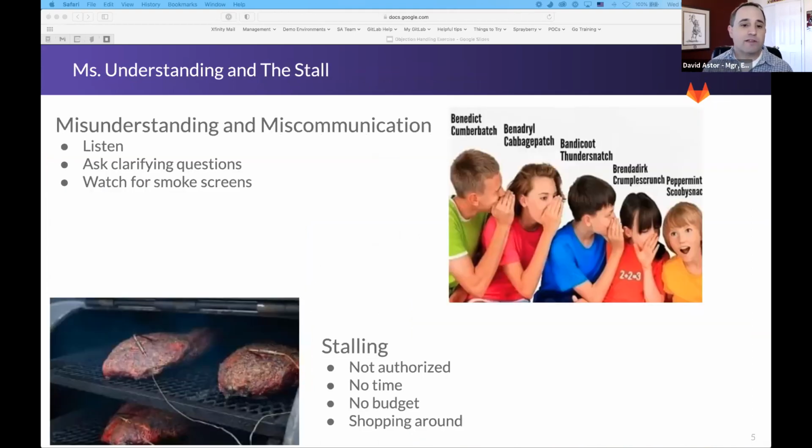So the other two reasons for objections deserve a little love here as well. Misunderstandings are going to happen. We're trying to build a relationship with the customer, and things may get miscommunicated. It's not so unlike the game of telephone, as you see here, that we played as kids. If someone says one thing and it's repeated as something different, it's understood by somebody a different way. This is going to happen on both sides, right? They may say something we don't quite understand, and we may say something back that gets misconstrued.